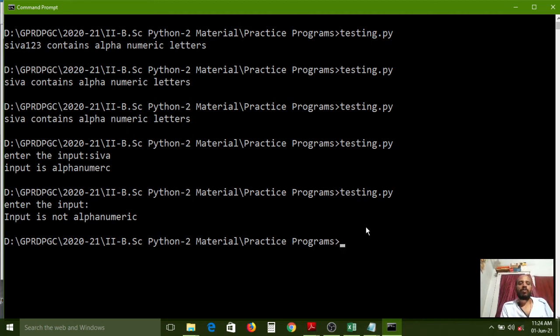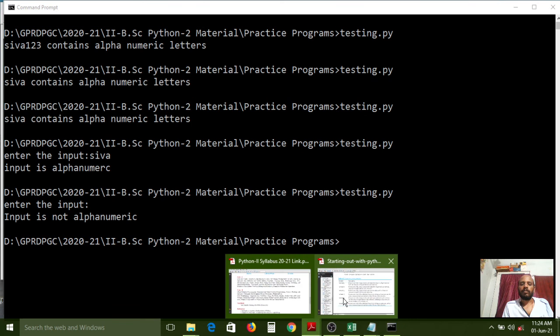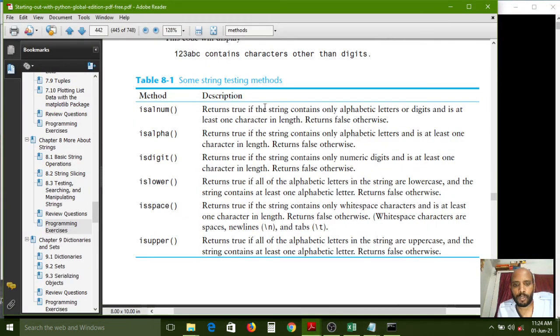So that's why it is called alphanumeric. Understand? That is the problem here. The definition is: returns true if the string contains only alphabetic letters or digits and is at least one character in length. Even one character assigned, then it can give the true condition.